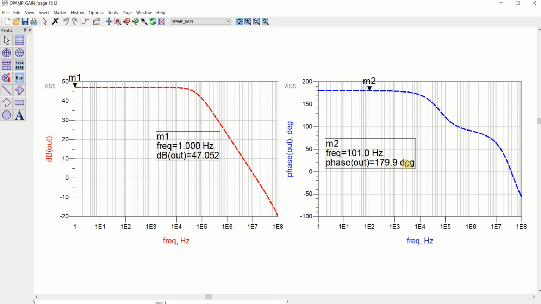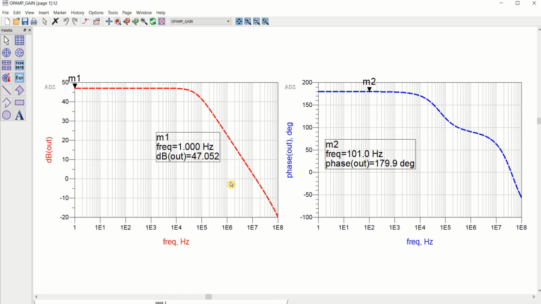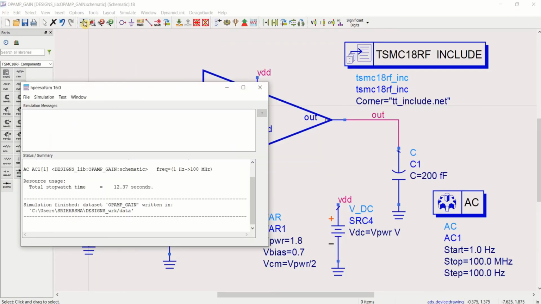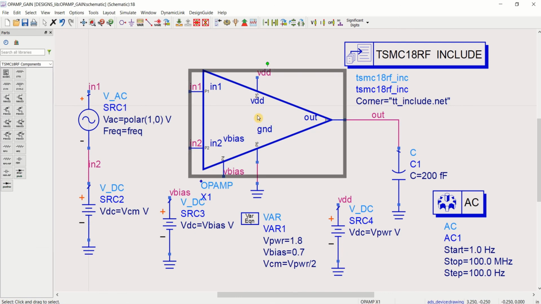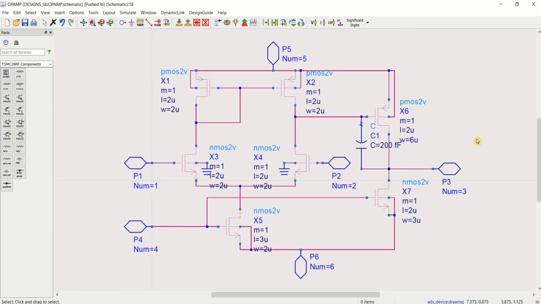So this is the better result of the op amp, which provides the gain of 47 and phase shift of 180 degrees. You can go into this and see that this is the actual op amp. This is how you try to design and simulate and estimate the parametrics of a single stage op amp. You can do it for the two stage op amp as well in order to increase the gain of the op amp.